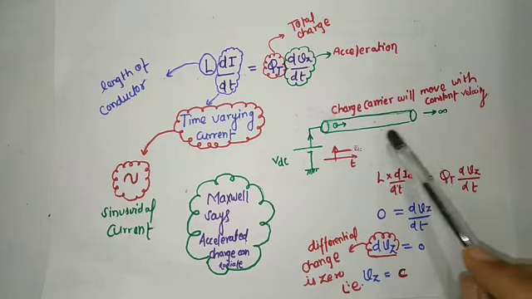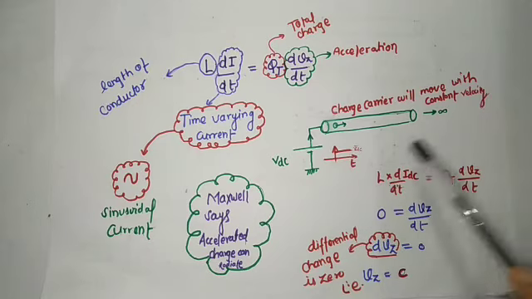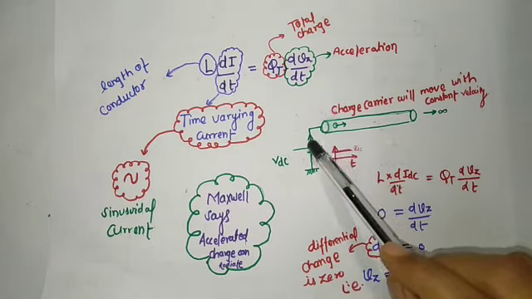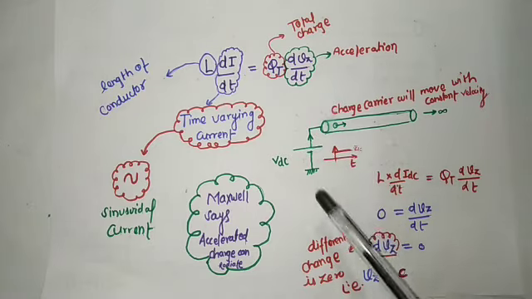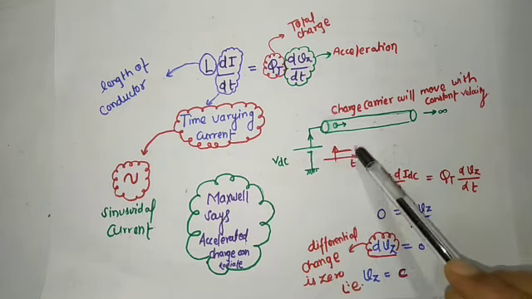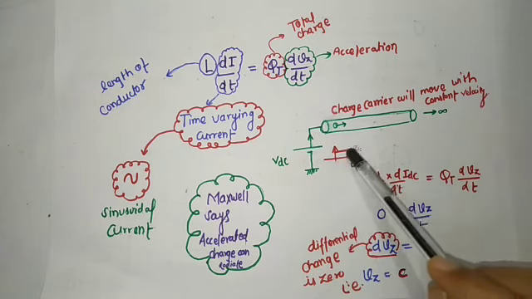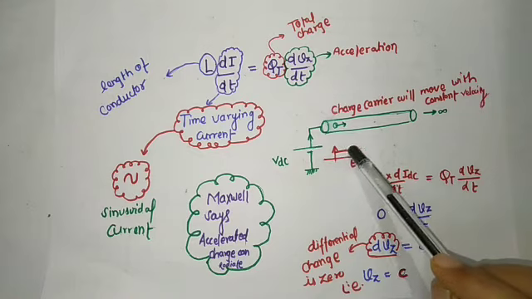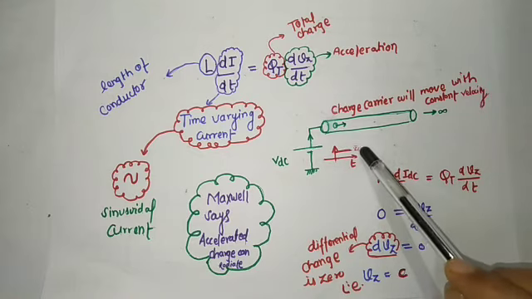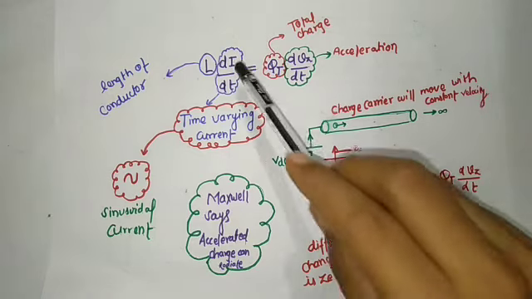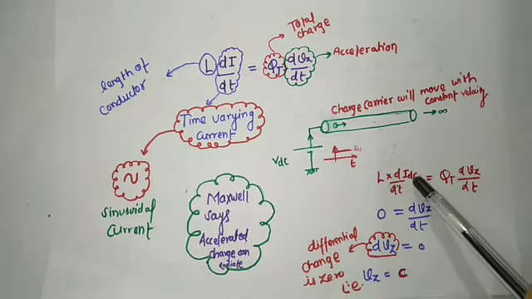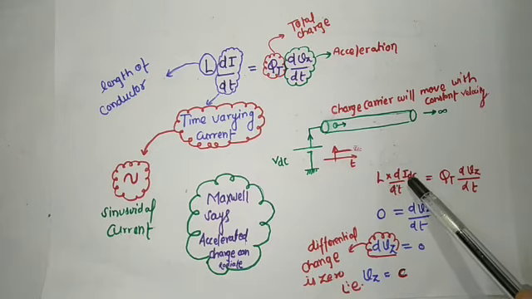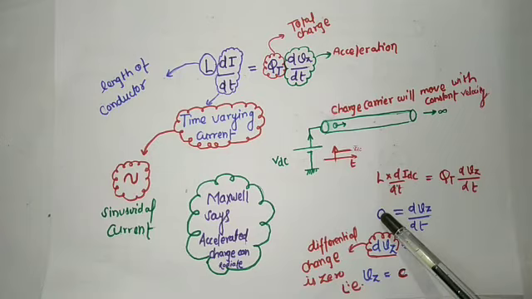This is the conductor and its length is infinite, and this conductor is subjected to a DC source. Let's see the profile of the DC current. DC current is constant with respect to time. So put the value of this current in this equation. If you put this, then I_DC divided by dt, the differentiation of a constant with respect to time will be 0, and you will get this equation.